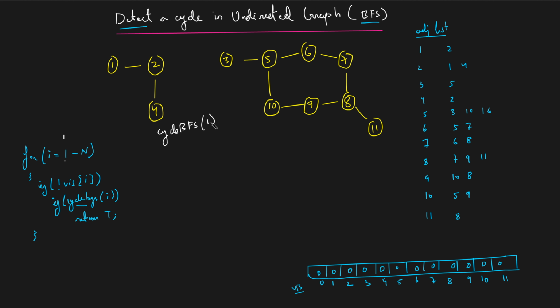How does BFS work? It initially takes a queue, right? It initially takes a queue. Now this time we will modify the queue. In the normal BFS traversal, we just put the node in it. Over here, we are going to put the node as well as the previous or the parent node. I'll tell you the significance of the parent node as we move forward in discussing the modifications in our BFS